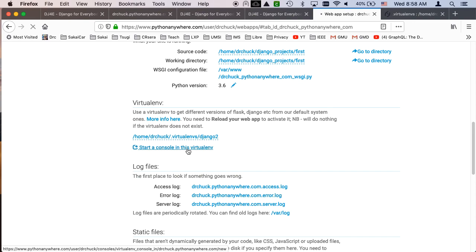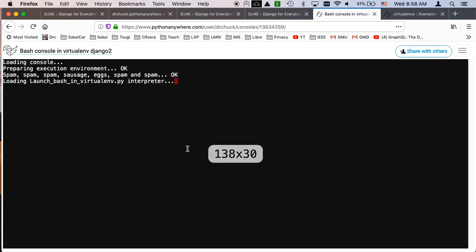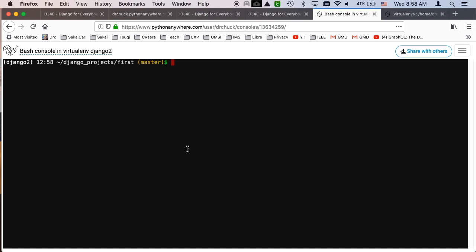Okay, but I can also then start a console in that virtual environment, and that's how I created that console. And if I click on this, start a console in the virtual environment, it actually starts it and then does the work on for me automatically, and you see that I've got Django 2 here automatically. And so that means that all my PythonAnywhere stuff works. You'll notice I'm actually properly in the folder for my Django project, and that Django project is the one that's currently mounted. I'm going to exit out of here, and close this, go back to the web tab,